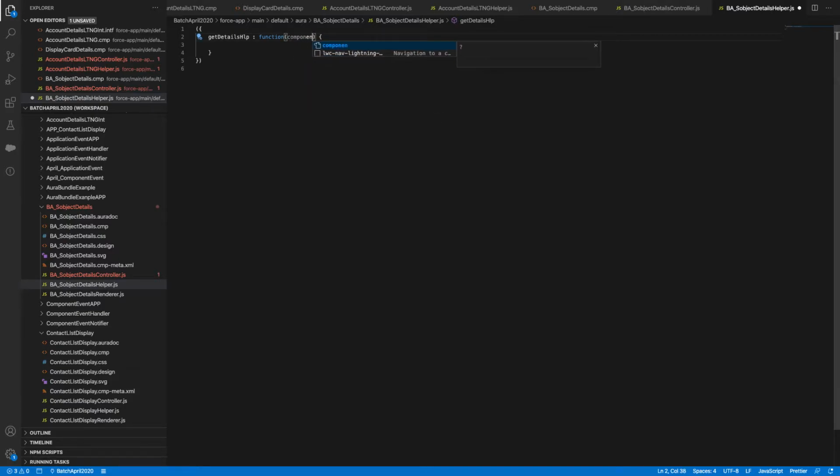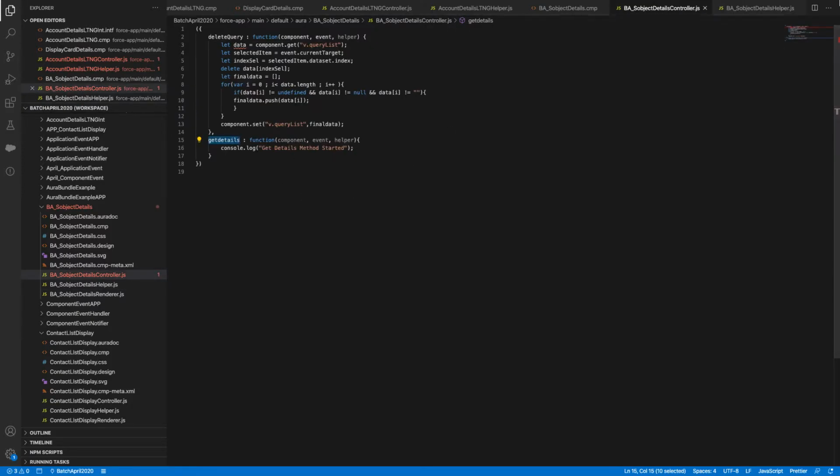Component, comma event, comma helper. It is not really important that I always use component. I can put CMP or CE or H, EVE or HLP. So it's my wish. It is not something where names should be constant or that you need to follow. You can say component, event, or helper, however you want, you can pass it. No issues in that. Okay, clear?